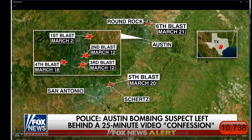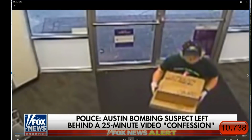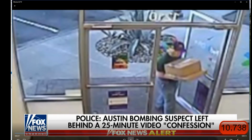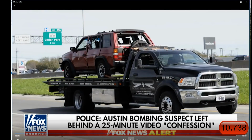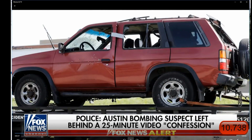And as I say, they have found more and more bomb-making materials in this house. We've obviously had a total of 6 explosions since March 2nd, killing 2 people, injuring several others. And they are very grateful, the authorities, that he made the mistake, Conditt, of walking into that Federal Express store, and they were able to get the surveillance video of him there and identify, and that, of course, ultimately led them to him sitting in his car outside a hotel north of Austin. That Nissan Pathfinder older model was taken away, and as we now know, Conditt used the last...